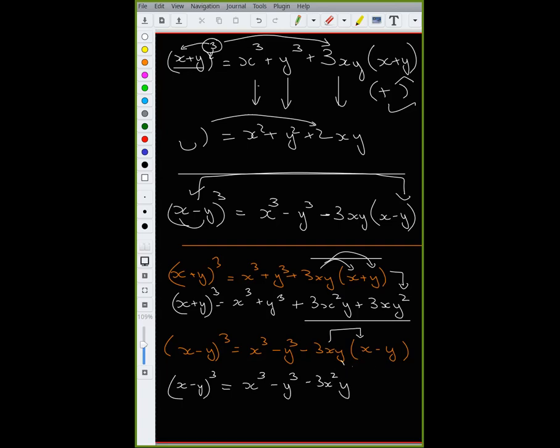And now we multiply this term with this. So minus 3xy square. No. What's minus into minus? So plus. Right? So now take care over here. So this will be plus 3xy squared.